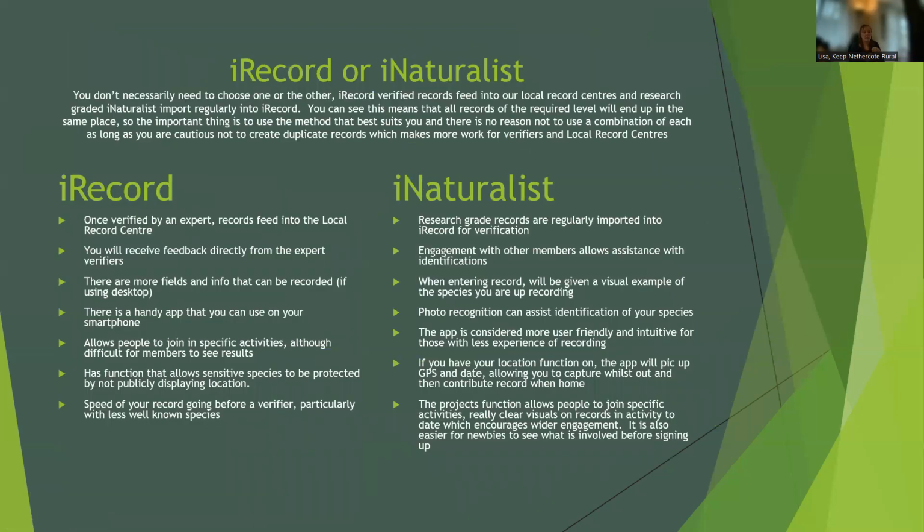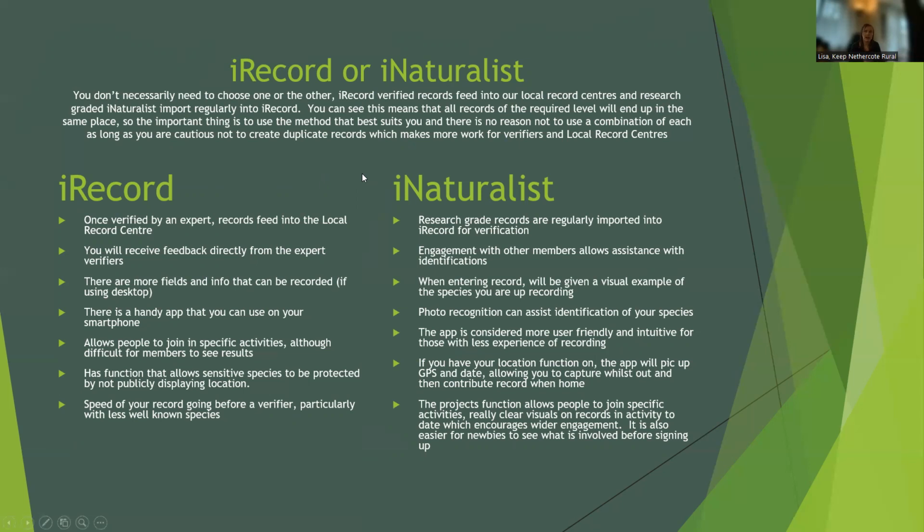So I've talked about some of these things, and I'm going to skip through these, but iRecord or iNaturalist, with the benefits of each. Generally speaking, if you're fairly confident with the species, then iRecord is what we personally have used, because the records get verified directly there, and you can have feedback directly from the verifier.